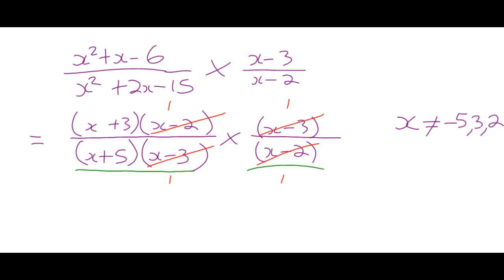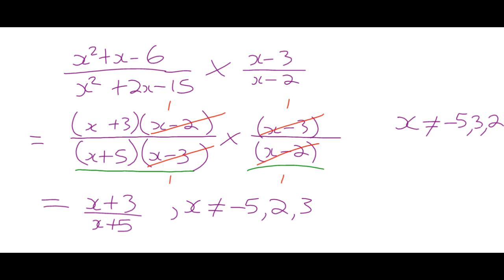And what are we left with? X plus 3 over x plus 5, with the proviso that x cannot equal negative 5, 2, or 3. Explicitly, the only one of those that the simplified expression shows is that x can't be negative 5. I mean, you can put an x of 3 into that simplified expression. You can put an x equals 2 in the simplified expression. But remember, in the original expression, and that's what matters, you cannot put in a value of